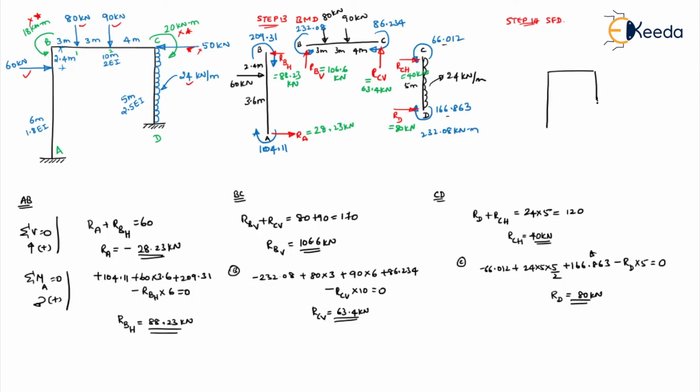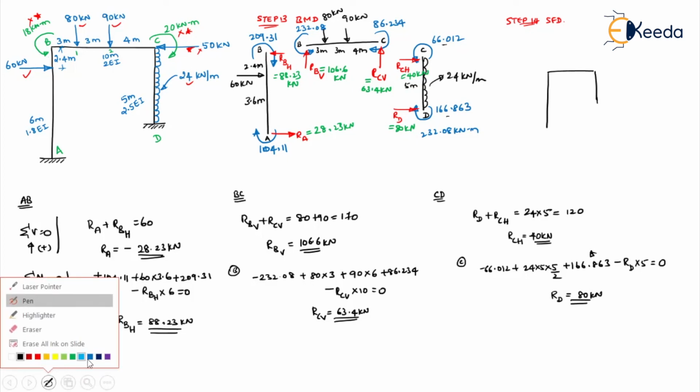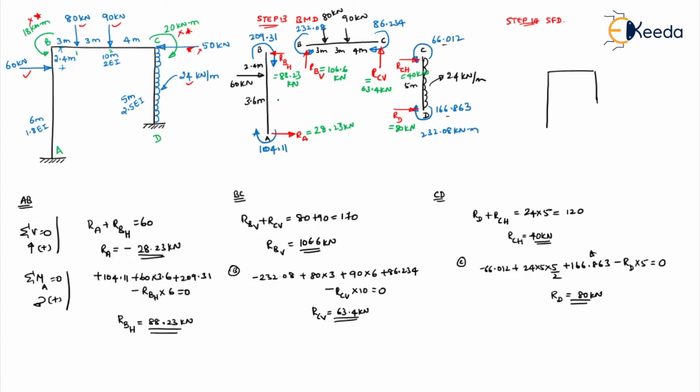Now we need to draw the shear force diagram, right? So let's take this. Take a small diagram. Right, now go on and change the color and plot it. See now, this one is left. This is right of the beam, left of the beam. Left down is negative. Okay, so that's how much? 28.23 kilonewton. Then right up is also negative. So how much is that value? 88. So it will come somewhere here. So that's your 88.23 kilonewton.